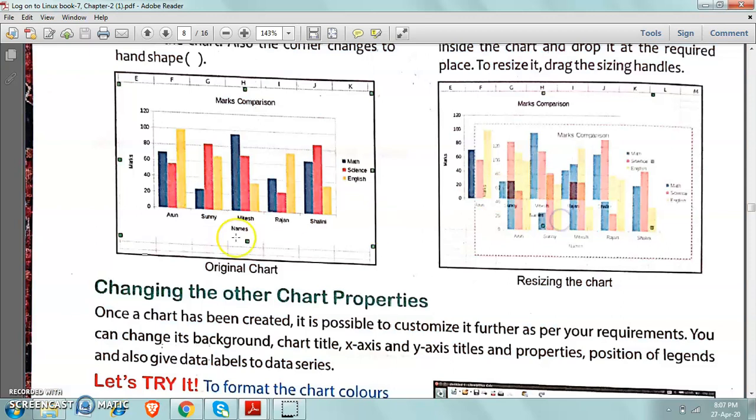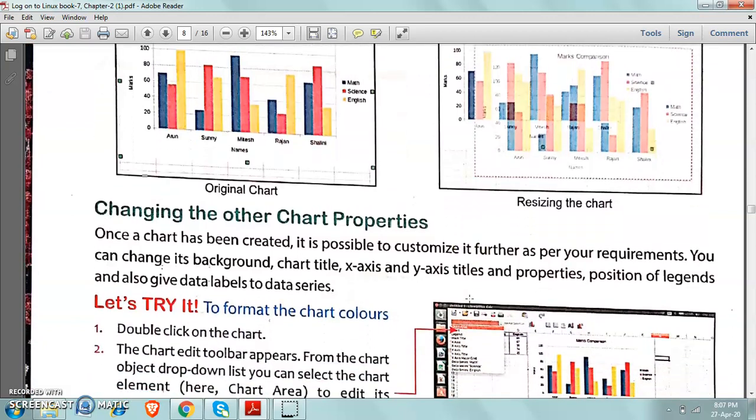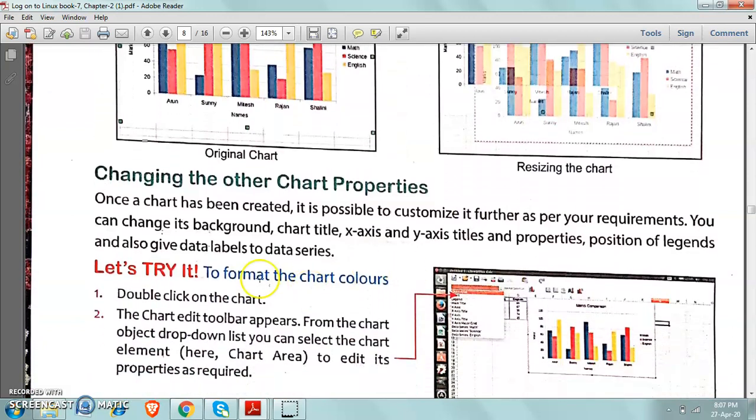Now come on, changing the other chart properties. We have some other features also which we will learn in this content. Once a chart has been created, it is possible to customize it further as per your requirements.